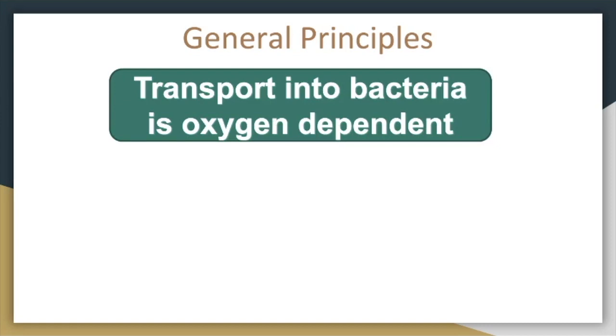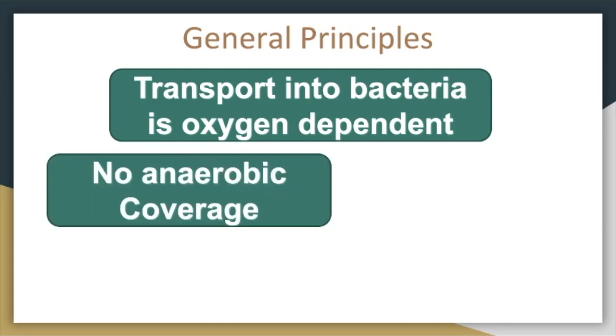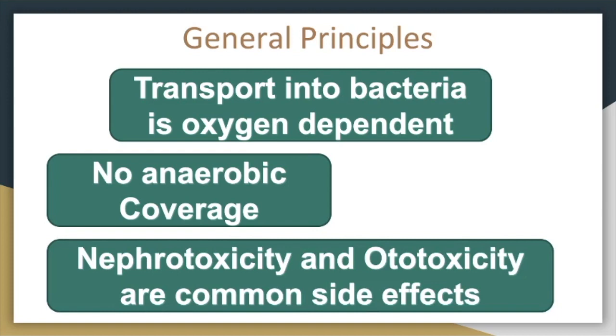In order for this class of antibiotics to get inside of the cell, it requires oxygen. So its transport into the bacteria is oxygen dependent, which means that these antibiotics won't work against anaerobic bacteria. They also don't work that well in acidic areas or environments too. Additionally, the most common side effects you worry about are nephrotoxicity, or problems with the kidneys,